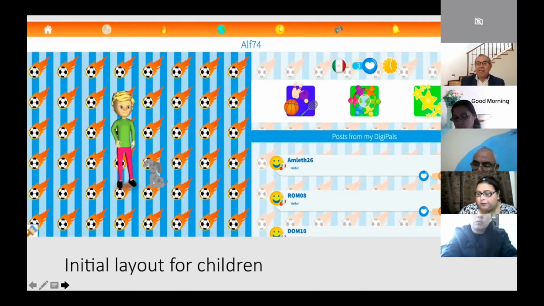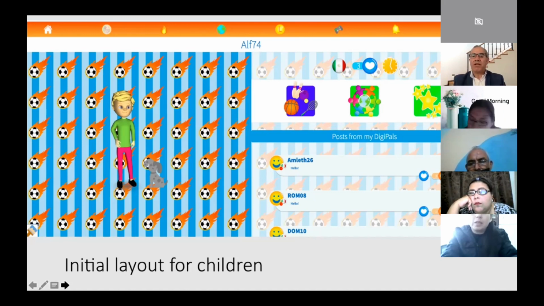So this is the first thing they are going to see. They don't see exactly what you see. Yours is more cold, maybe not that attractive, but this is for the students because this is for the children. There are no pictures, for security. We don't ask for names. We don't ask for pictures of the students. The system, Little Bridge, creates an avatar. Ese güerito que está ahí es como el avatar común, but you are going to change it.